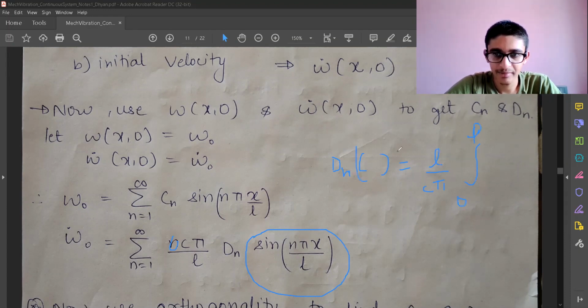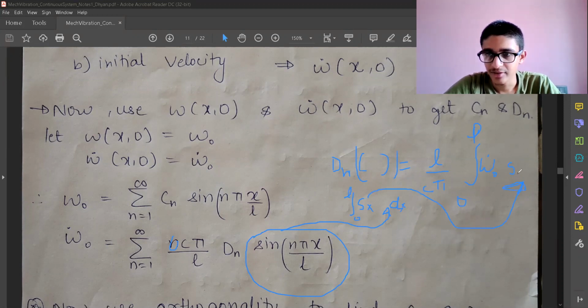So this bracket is coming from the integration of the sine term which we are going to multiply by this term into dx, 0 to L, and this term over here is W0 dot into the sine term, which we are going to multiply for different values of n. So this dn is sine n. The sine terms are going to change with n, and I will multiply with dx. But this velocity is always 0. That means irrespective of any other terms, my dn values are always going to be 0.